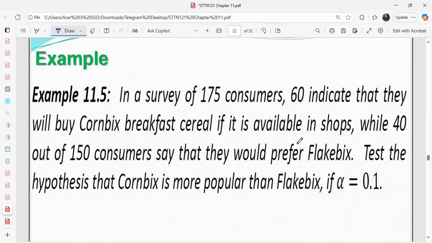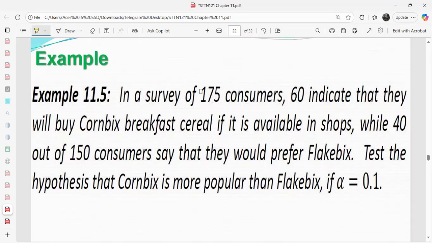Let's look at a question and how you see that it is based on the hypothesis for population proportion. In a survey of 175 customers, 60 of them indicate that they will buy corn bix breakfast if it is available in shops, while 40 out of 150